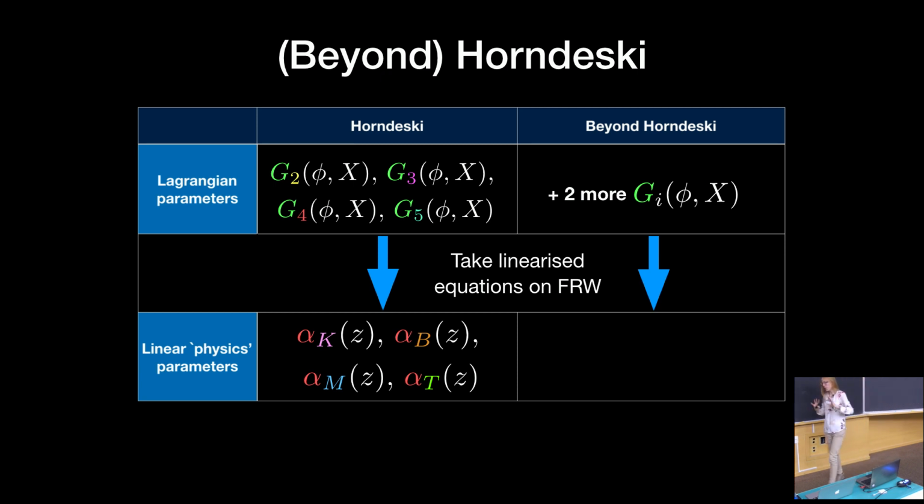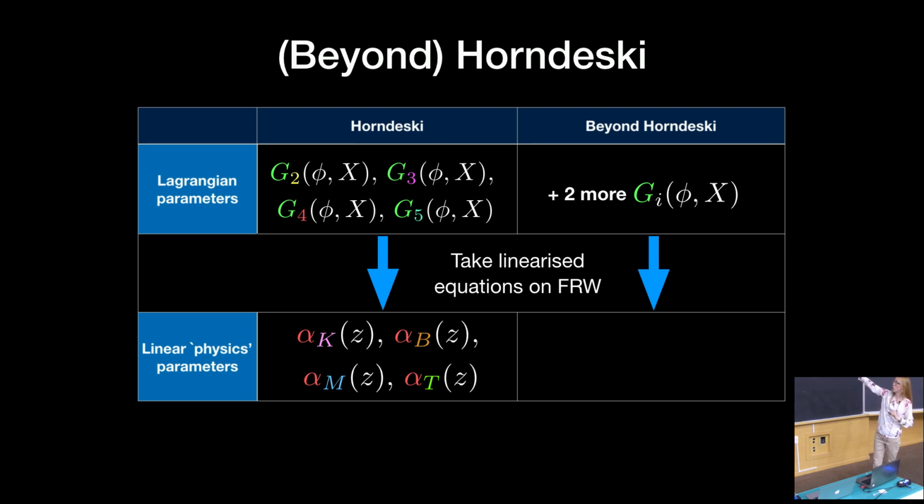So that means that theorists can go happily do their thing and work on the G functions. From an observational point of view, you're much better off trying to constrain these alpha functions. All you need to know really is that there is a straightforward mapping between the two, and you only need to touch that mapping in a few cases. So what we put forward as what LSST should actually constrain are these alpha functions.